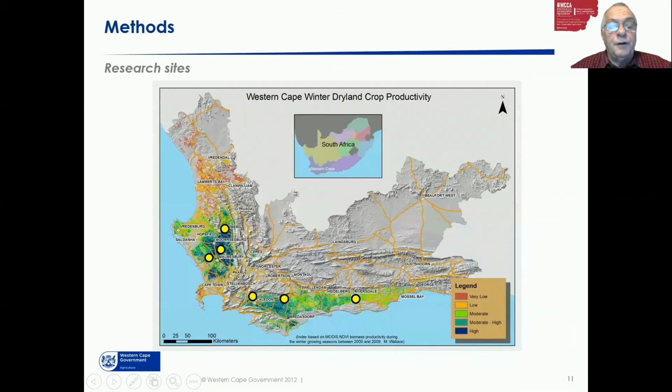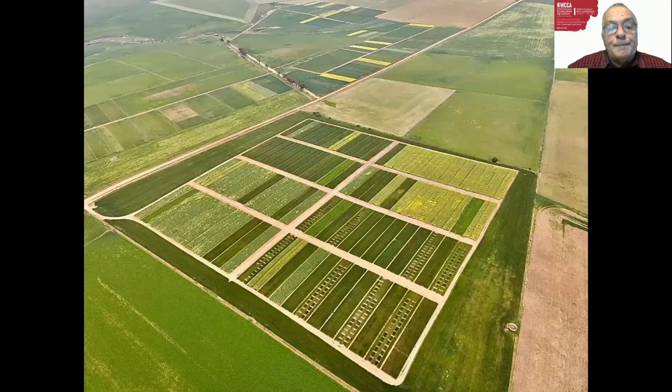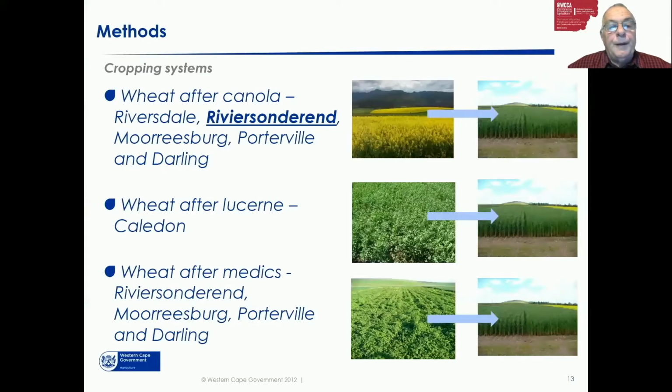So we have identified 6 sites where the research was done, but it's impossible for me to deal with all these sites at this stage. So I'm just going to look at the Riviersonderend site. That is our Tygerhoek research farm. This is an aerial picture of how the research site looked. That was taken in 2020, last year. And as I said, I'm going to concentrate on the Riviersonderend,